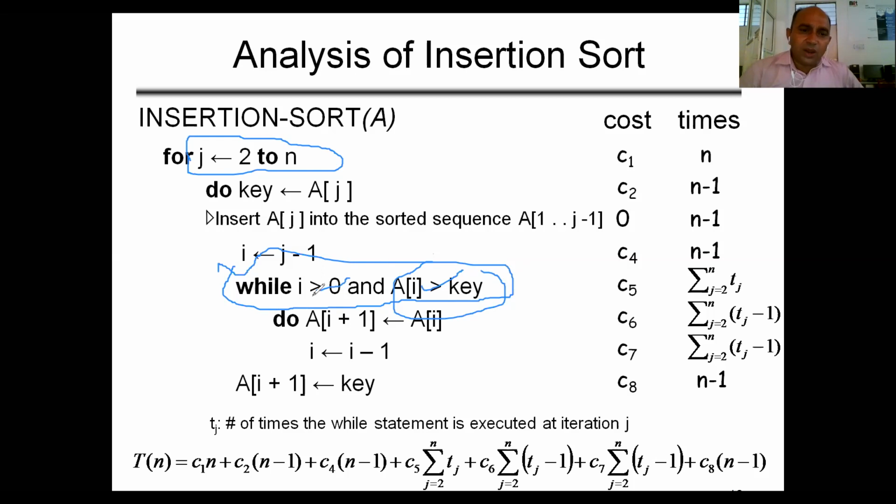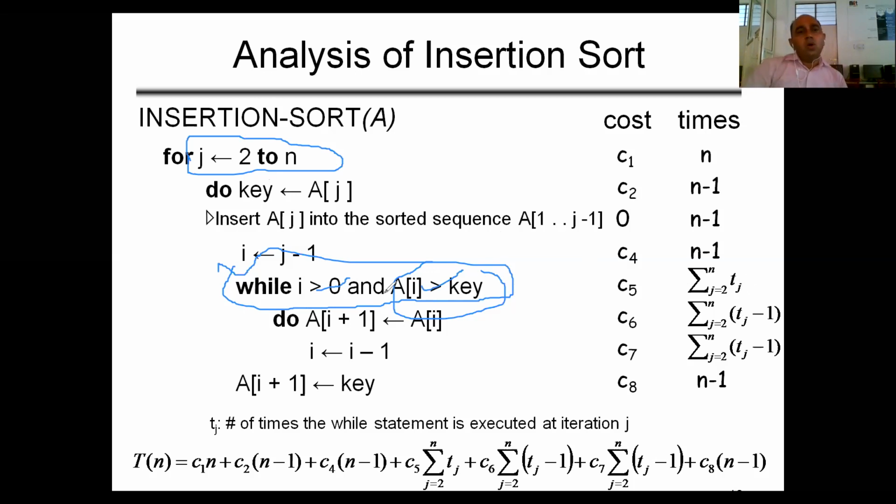So we cannot predict the behavior of the elements. Those are given by the user as an input. So we cannot say this is a fixed time. The body of this loop will be variable time. So we are representing the total time of this line by tj, because j is used for the for loop. For j equal to 2, it may take time t2. For j equal to 3, this may take a time t3. For j equal to 4, this line will be executed in t4.